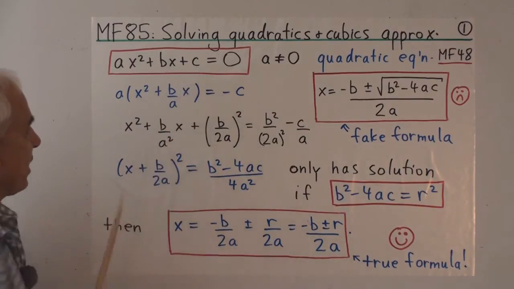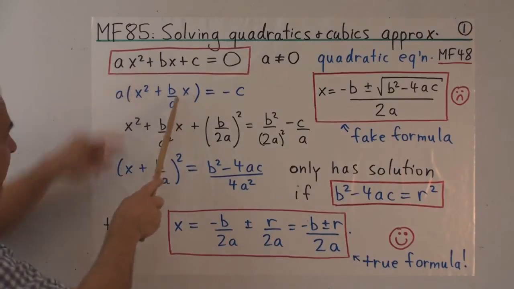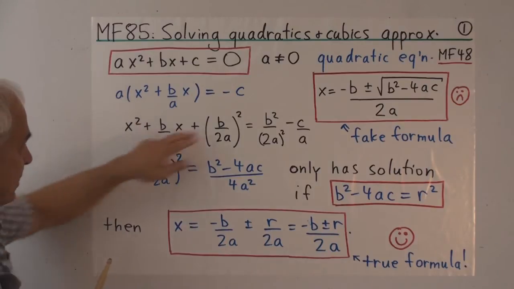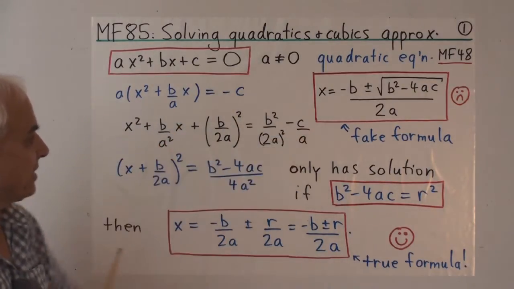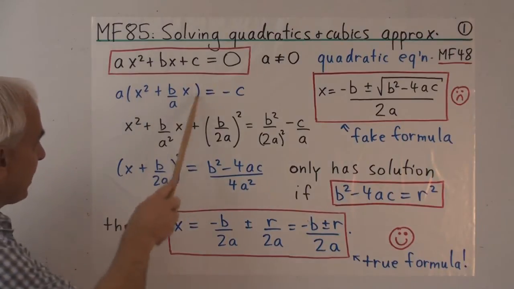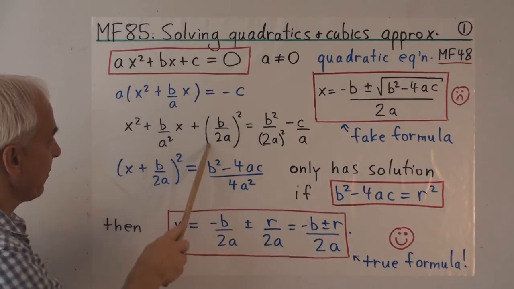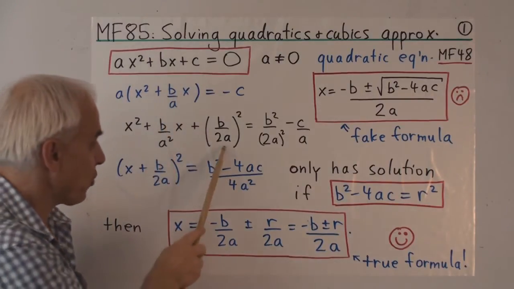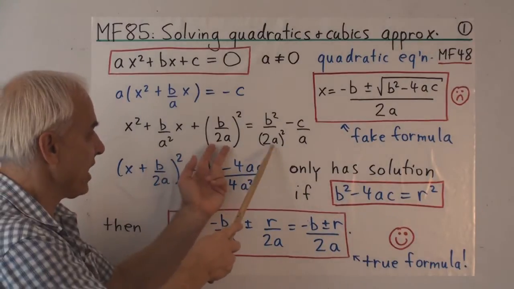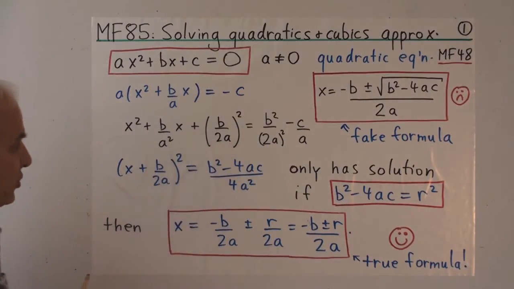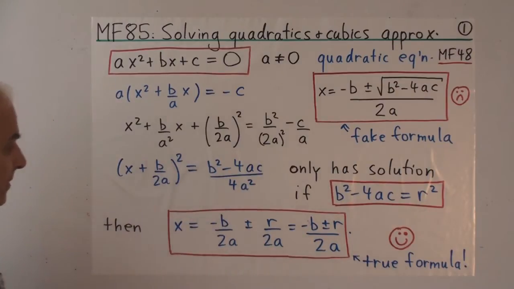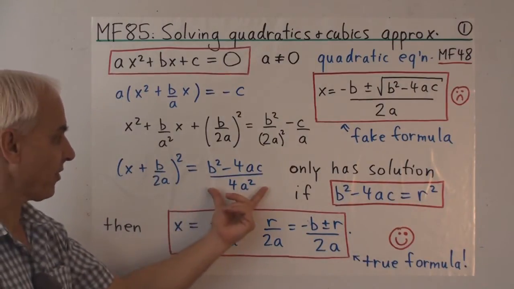So we bring this c to the other side, we take out a factor of a, so there's a b over a here as the coefficient of x. And then we might as well divide by a to get that on the other side, so we have a minus c over a on the other side. And then to this thing here we add a particular term, which is obtained by taking this coefficient here and dividing it by 2 and squaring it. And to keep the equation the same, we do that on both sides, so we add that term on both sides. Then this is a perfect square. This simplifies to b squared minus 4ac over 4a squared. So this thing squared equals this.